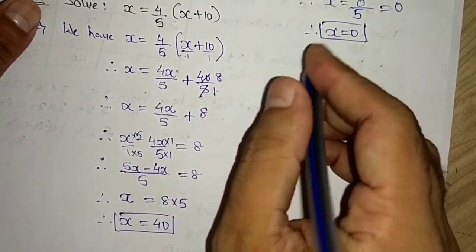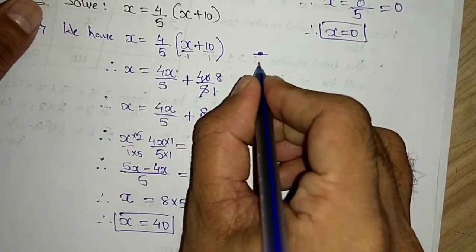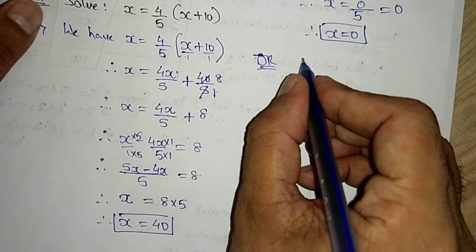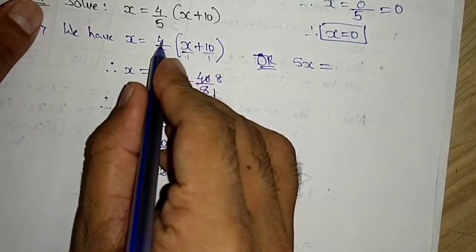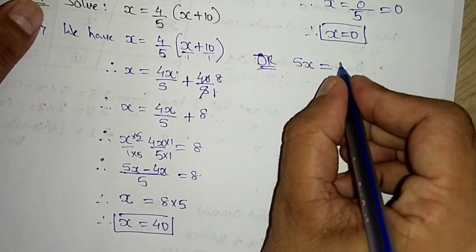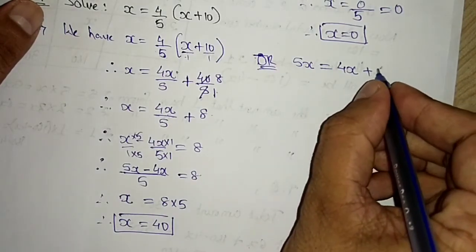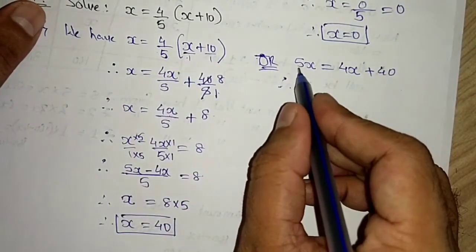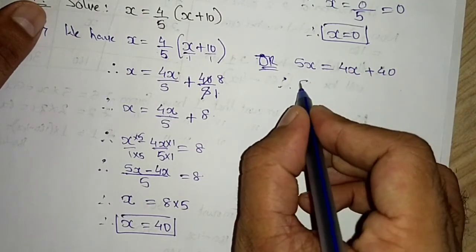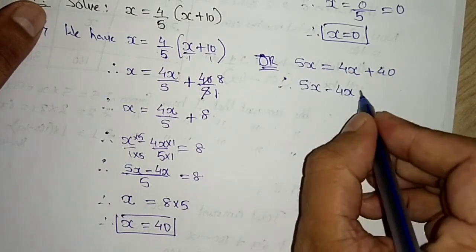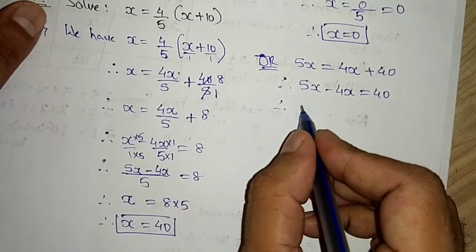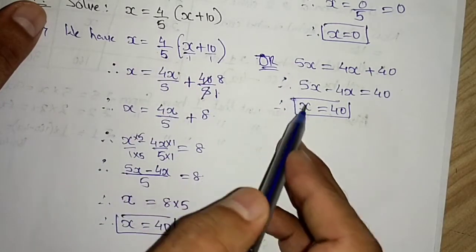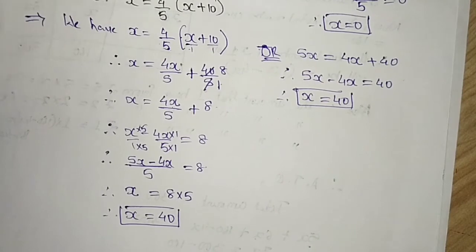Let us try and solve the same equation with the method which I have told. Multiply this 5 here, it will become 5x, and then this 4 to the whole bracket will become 4 into x is 4x plus 4 tens are 40. This will be much easier than this one. 5x, 4x we will take to the LHS. It will become 5x minus 4x is equal to 40, and 5x minus 4x will become x is equal to 40. Within 1, 2, 3 and 4th step you got your answer.